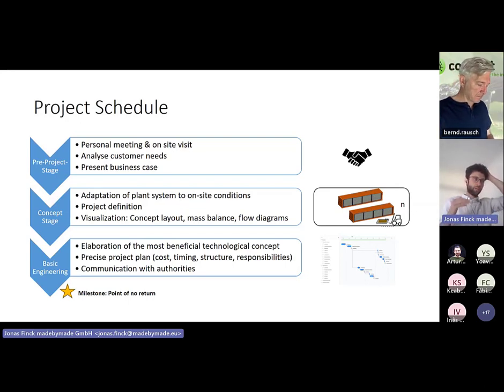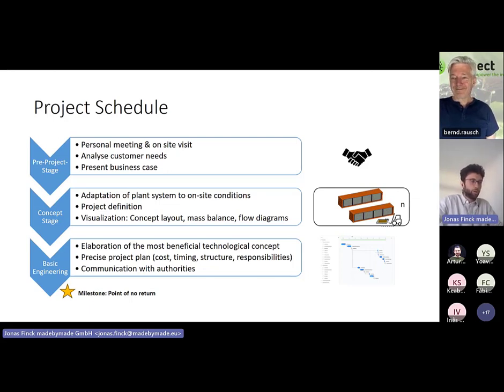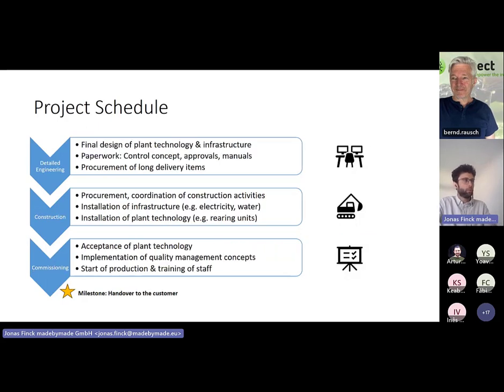After that step, we start with communication with the local authorities in terms of legislation, permits, etc. And after that step, when the local authority said, okay, we will support this project, we know exactly what our substrate is. We know what our mass balance is, what equipment we want to use for that project. This is for us then the decision: do we want to invest in that project? And that's also then the point of no return,